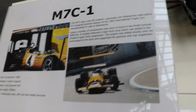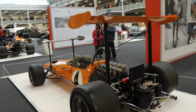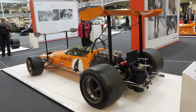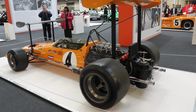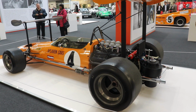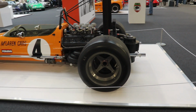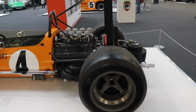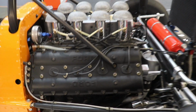The M7C-1 was one of a kind, reportedly only finished the night before its inaugural practice session at the 1969 International Trophy non-championship Formula 1 race in Silverstone. Using a number of components that were found in the McLaren M10A Formula 5000 car. It notably featured a high front wing which was bolted directly to the chassis to gain front suspension. The engine was bolted directly as well onto the monocoque at the back and supported the gearbox and the rear